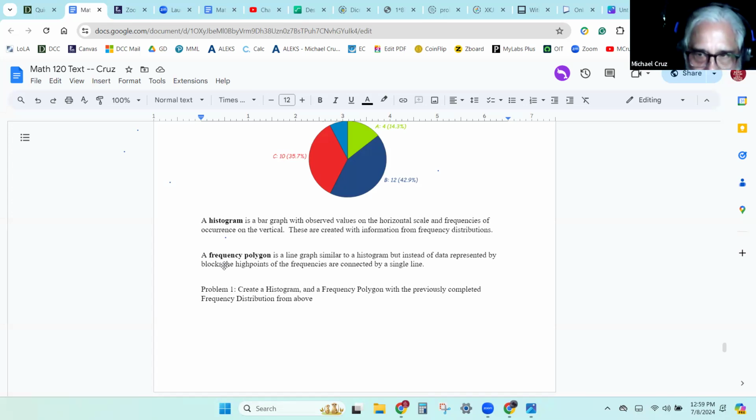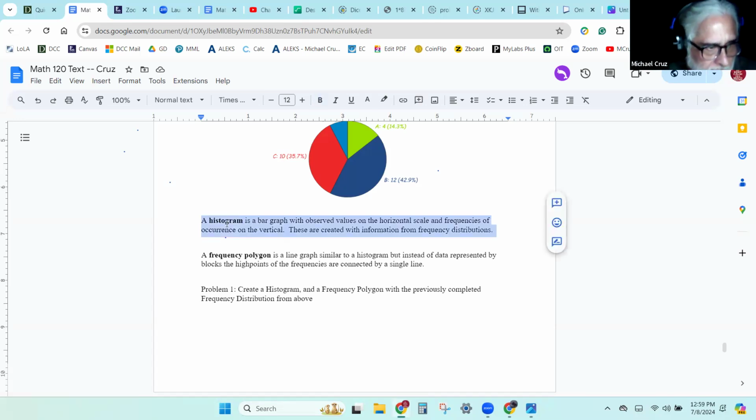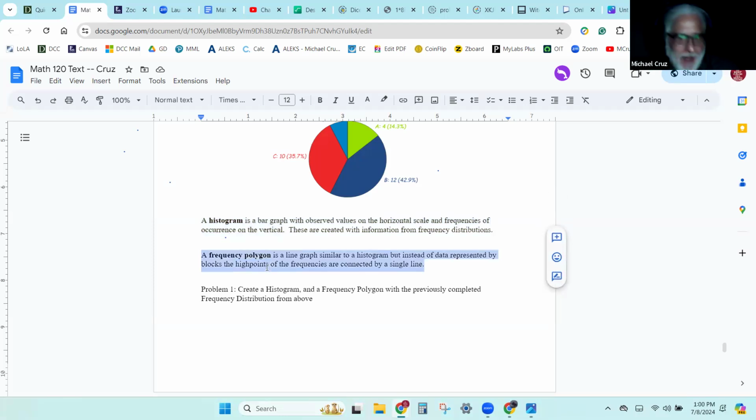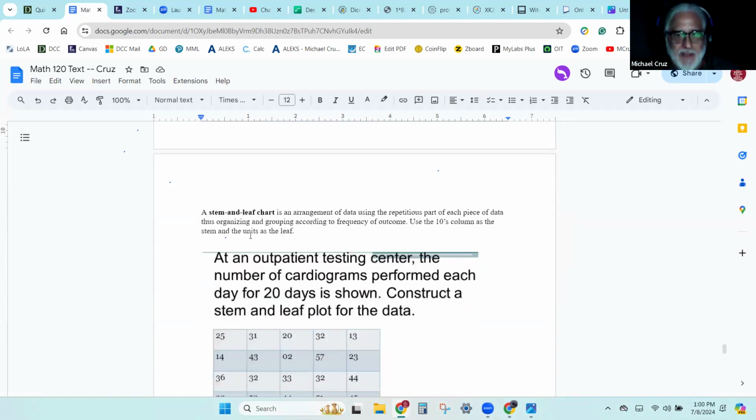So there's different kinds of graphs. The histogram is a bar graph that really is a graph of a frequency distribution, because a histogram has special rules for a graph. You can also do the same kind of thing with a frequency polygon. But let's look at this thing called a stem and leaf chart first. These different types of graphs are not so important. The histogram is going to be the big daddy. But let's look at how a stem and leaf chart works.